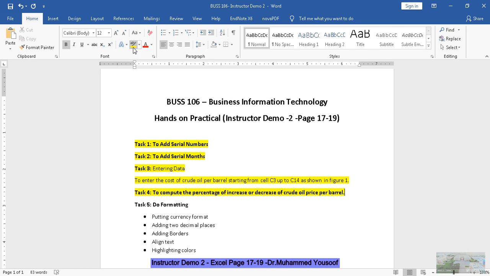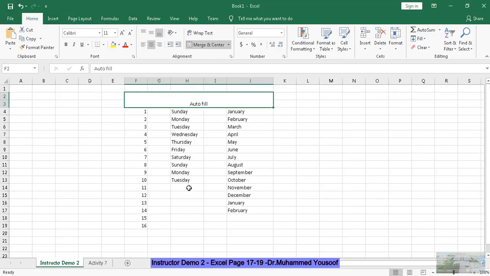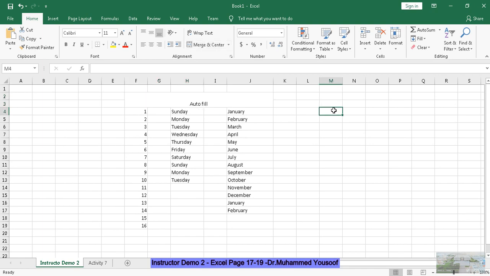Now the last task is how to do formatting. In the formatting, I am going to teach you how to apply the currency format and decimal places, add borders, and align the text. 5 things I want to show you. Now let me open the Excel sheet, the same Excel sheet. Now you can see here I have numbers like, for example, 100, 200, 250,